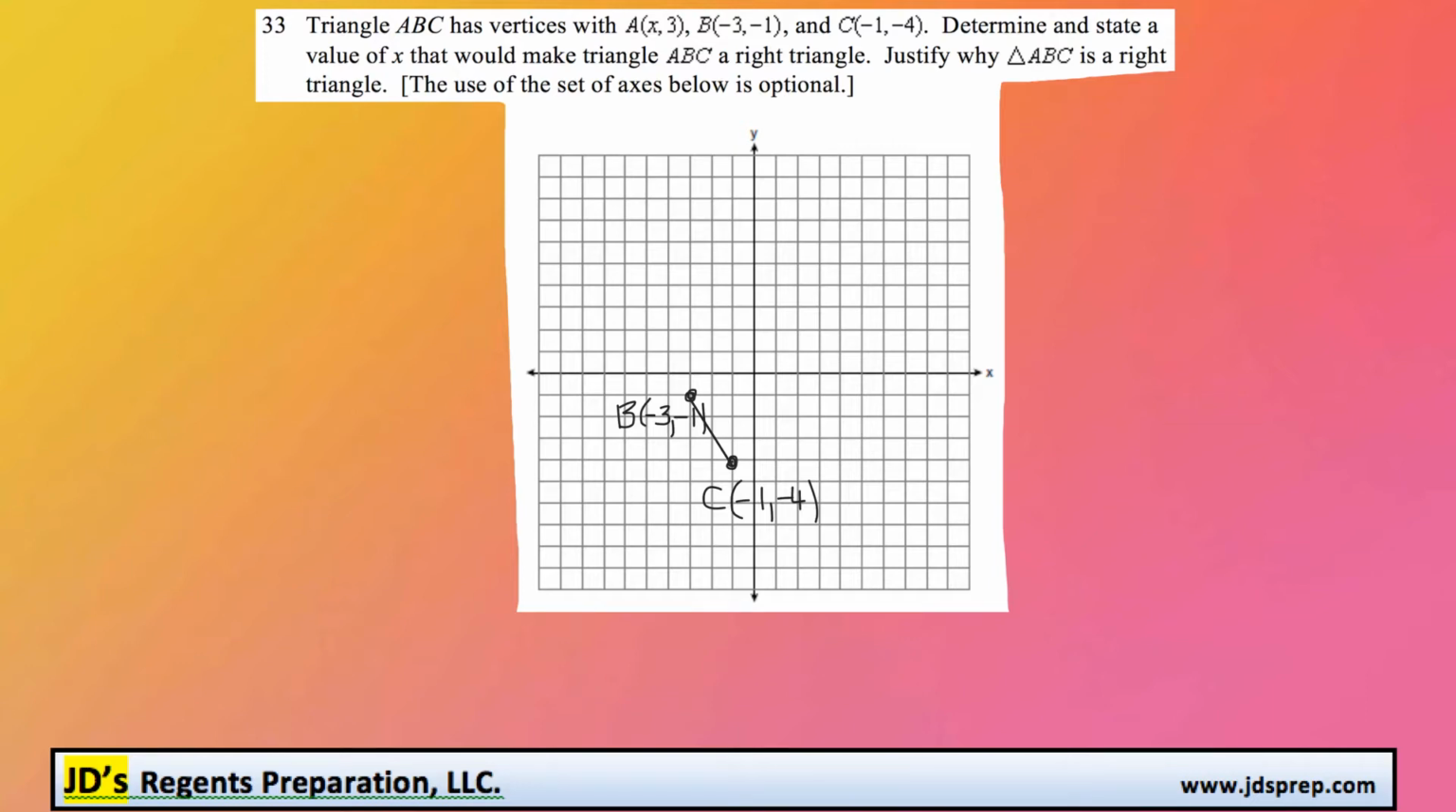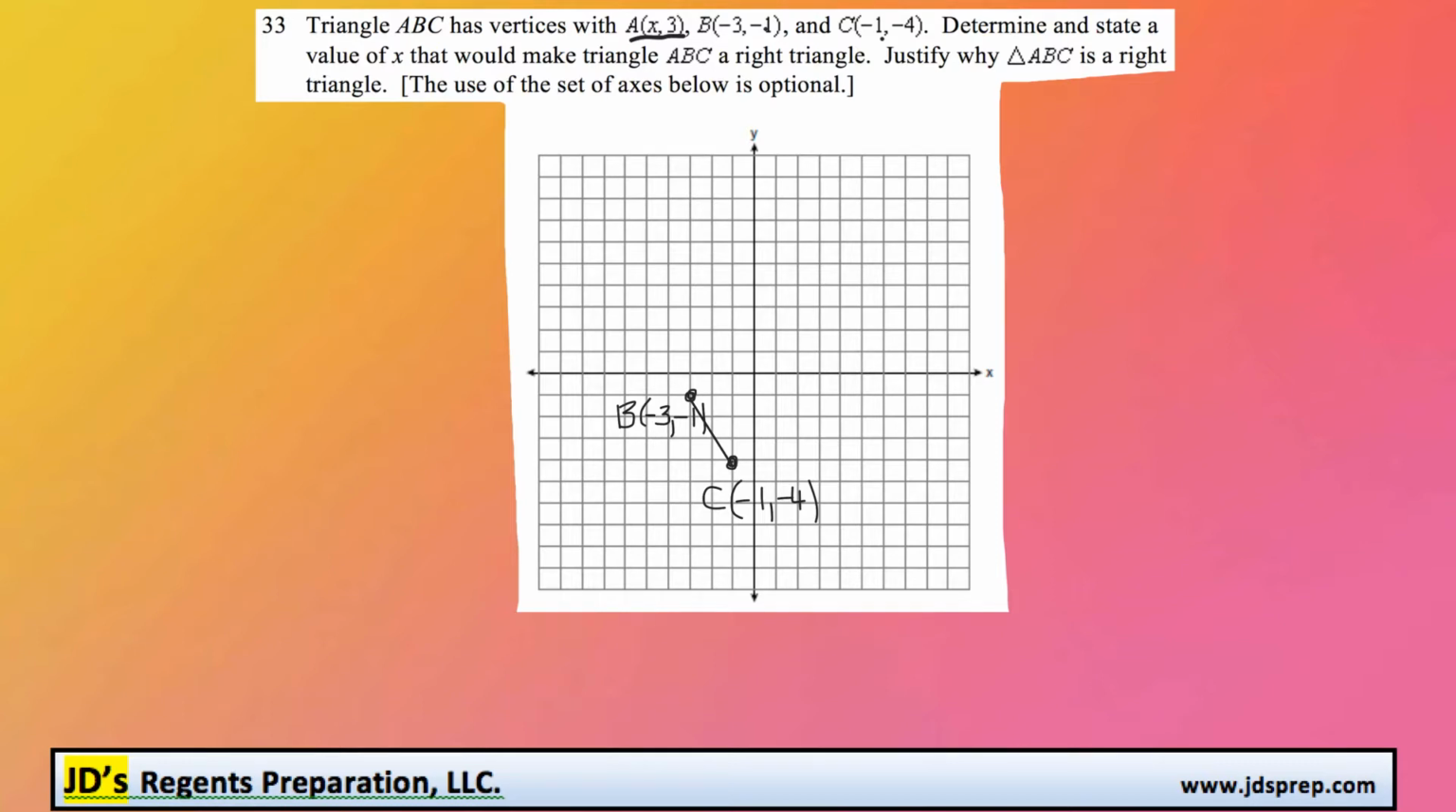This is question number 33 from the August 2015 Geometry Regents exam. In this problem, we're given two of the three vertices of a triangle, and you can see I've already plotted them on the Cartesian plane here. We've got our point B and C, and we've been given part of point A. Our goal is to figure out what value of x gives a point A so that this is